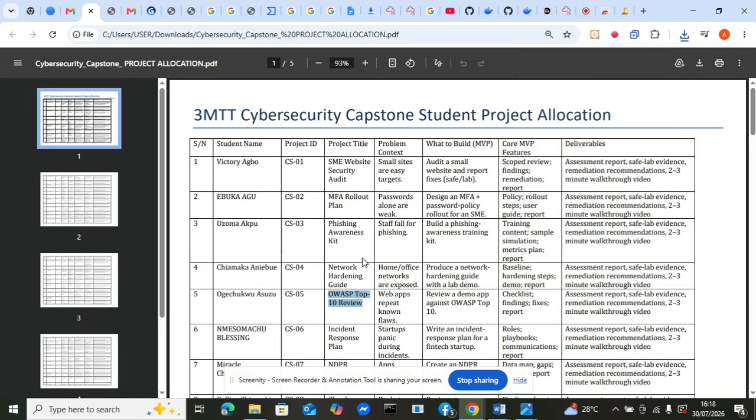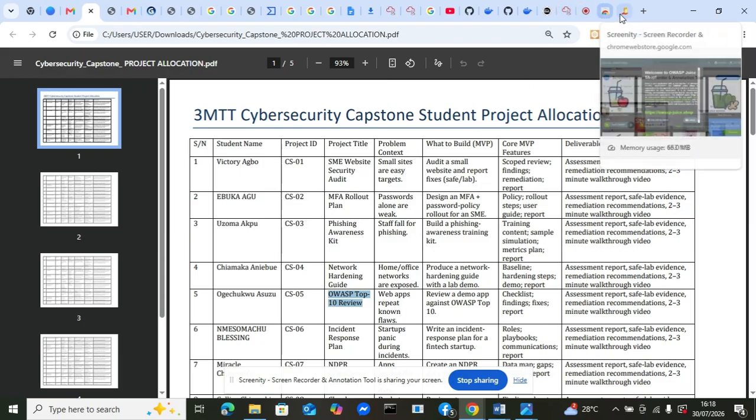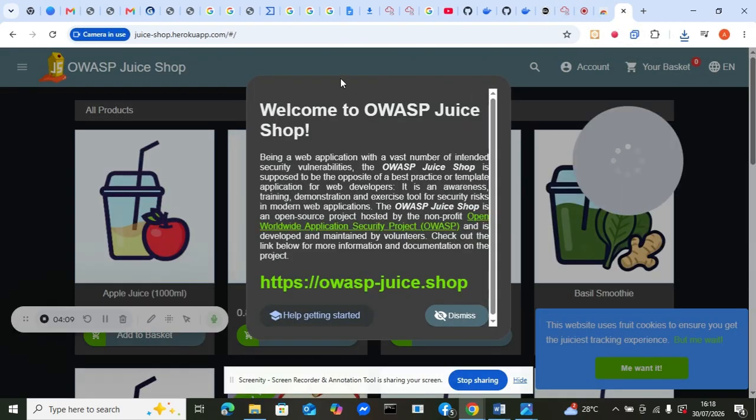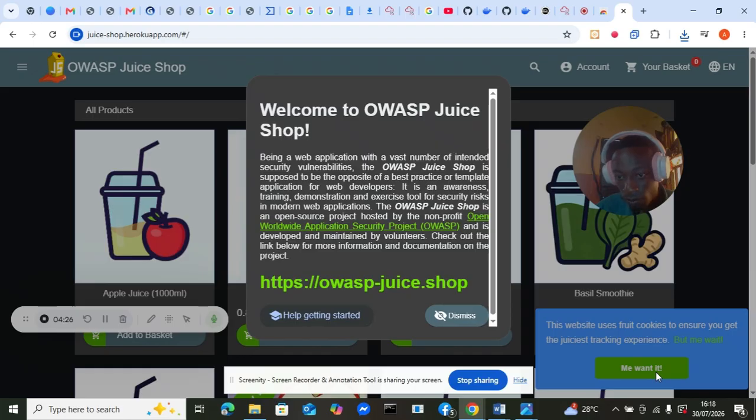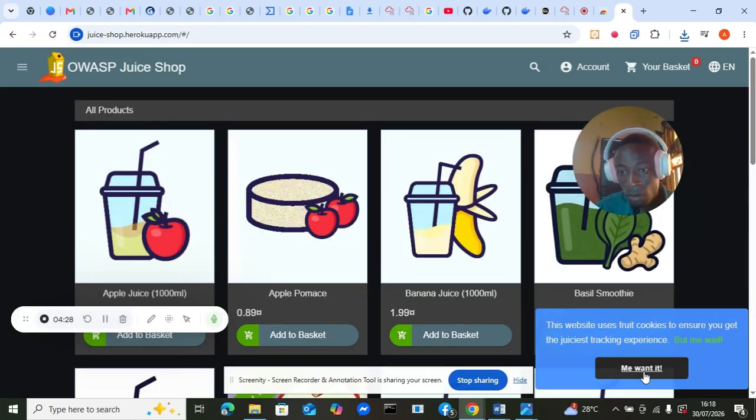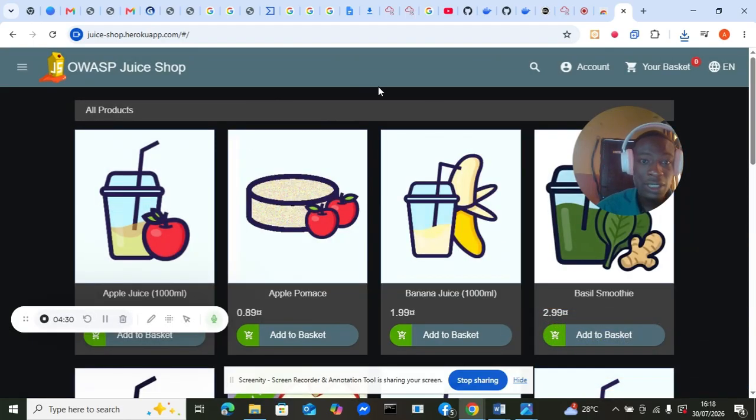Now you want to pay attention to how you can use your OWASP Juice Shop to get some solution. Basically, in the course of doing this, I'm going to be taking some screenshots so that those who are not able to access this website, maybe because of its tricky way of getting in, can be able to use my screenshots.